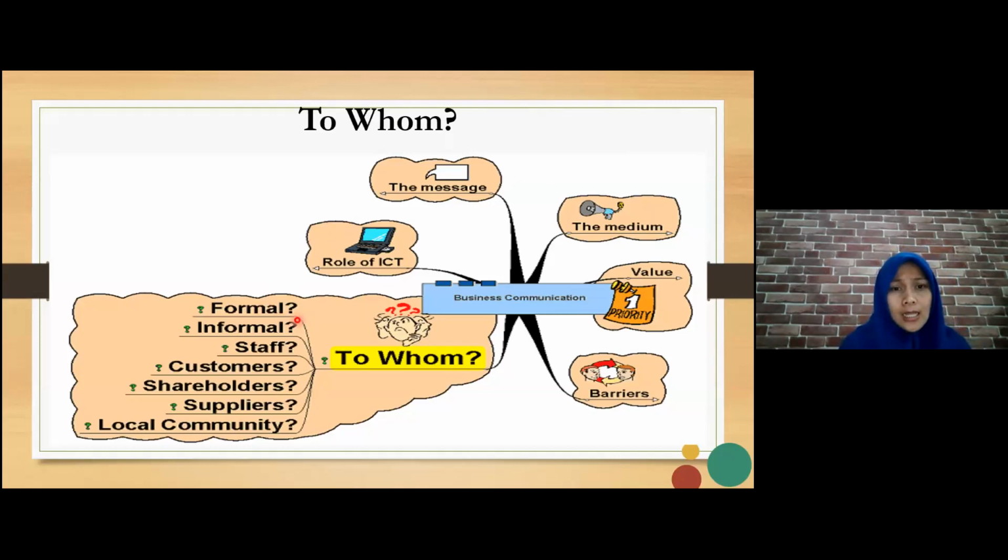Is it formal? Is it informal? It is delivered in a formal or informal situation. Is it informed to a staff or to your boss or to customers or to shareholders, suppliers, or local community? It will be a different approach, right? To whom will be a different approach. In such a formal situation, when you want to communicate with others in a formal situation, you need to prepare it, right? You need to use